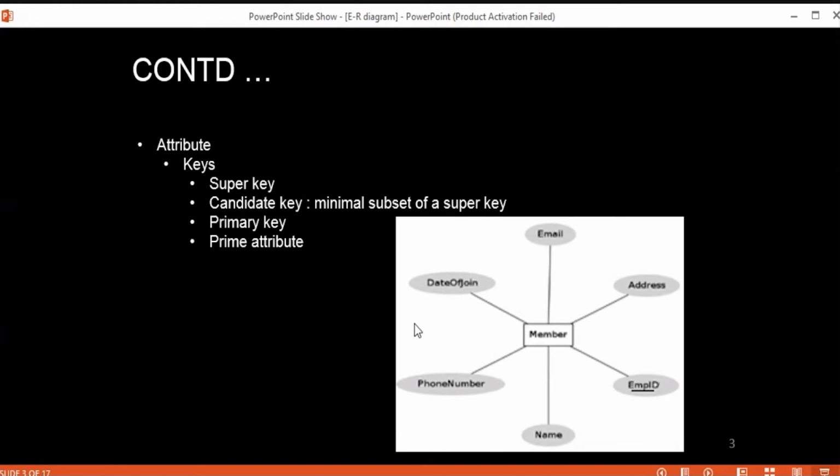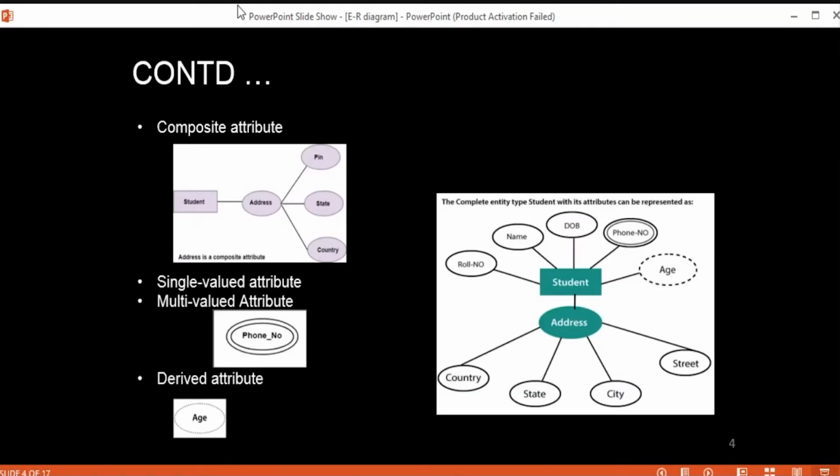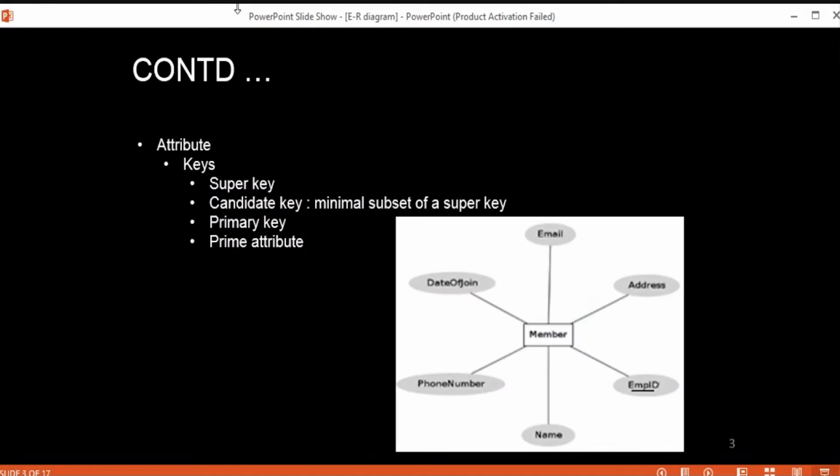Now the next thing is the attributes of your entity. An attribute is a characteristic property of your entity, and it describes whatever entity belongs to that particular entity set.